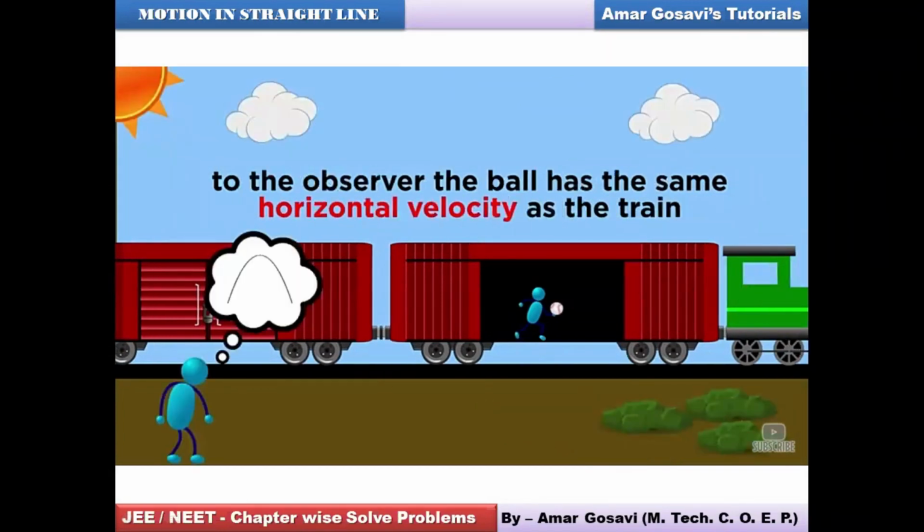That's what I wanted to tell you. The observer who is on the ground, the ball will have the same horizontal velocity as that of the train. So for this observer who is inside the train, the ball is not moving. But for this observer, the ball will move. He will imagine the motion of the ball in this sense. Please make a note of it and let me know. That's why motion is a relative concept, and we are going to analyze relative motion for solving problems, friends. Very good. So let's move ahead then.